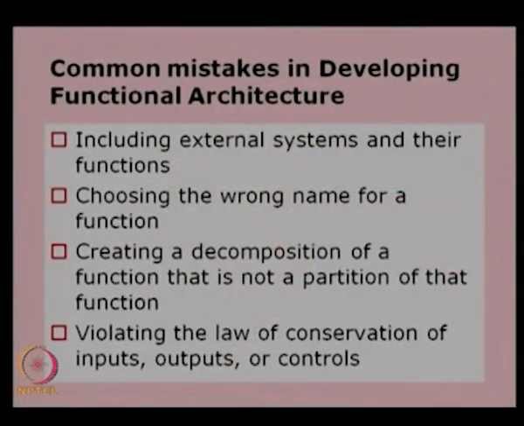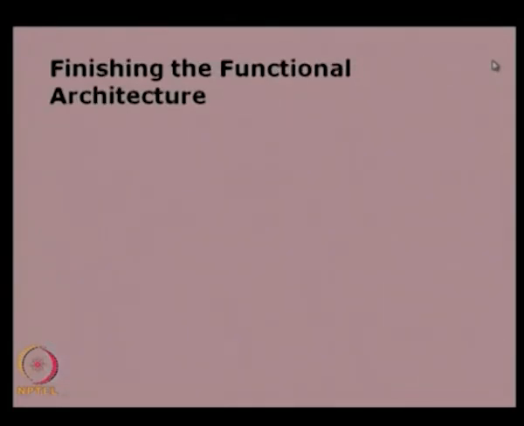So follow these rules and then try to avoid the common mistakes. That is about getting the functions basically from the main function of the system. But apart from these functions, we need to have some additional functions in the functional architecture. So in order to finish the functional architecture, we need to look at a few more additional functions which are